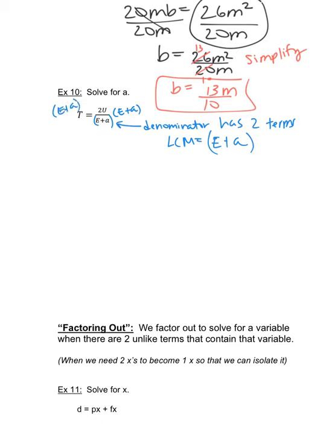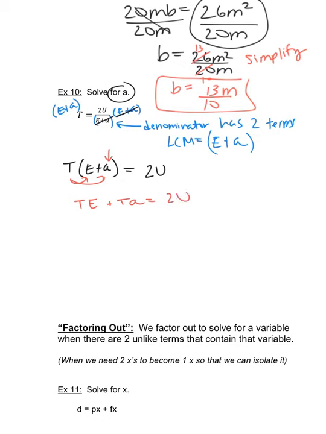Now you might be thinking to yourself, but that's going to cancel the e plus a. Well, yeah, but it's going to bring it over to the other side. So these cancel out, but now on the other side you have t that's going to distribute into e plus a. That's another reason why the parentheses are so important, because now that's going to be the distributive property. And on the right side, I just have 2u. And we're solving for lowercase a, which is right here. So to get it out of the parentheses, I have to first distribute. So I'm going to get te plus ta